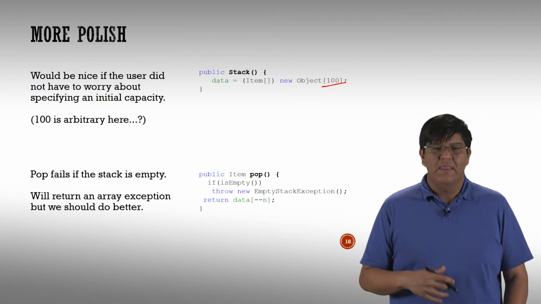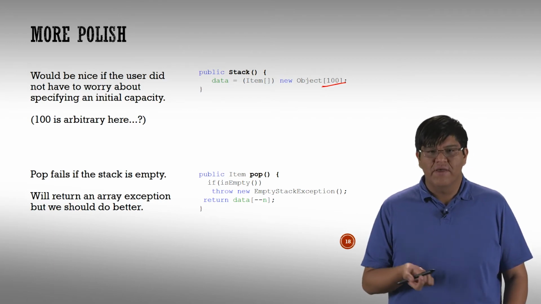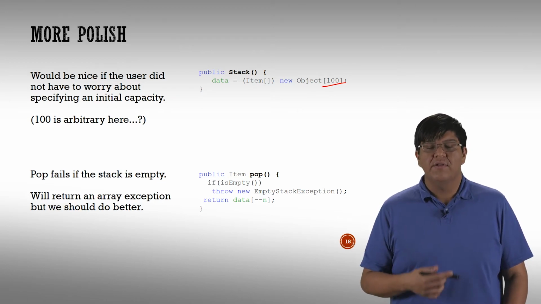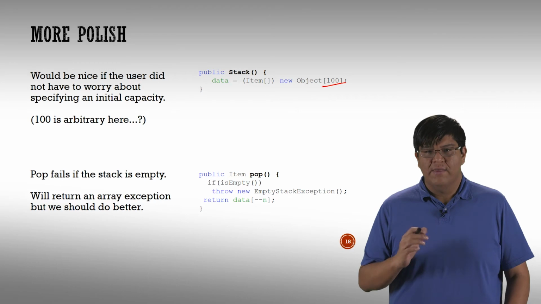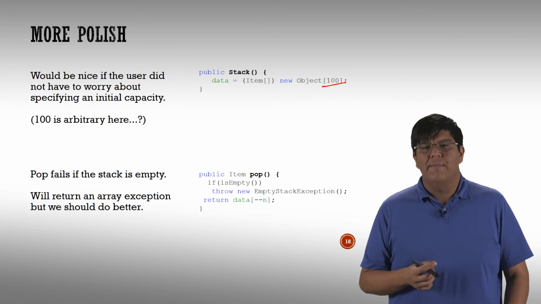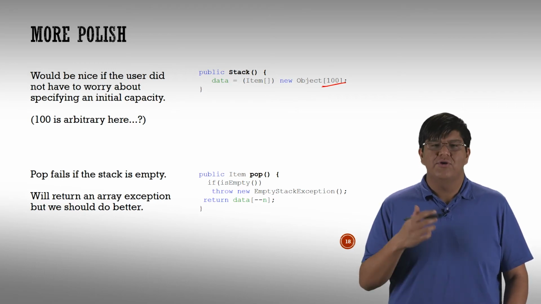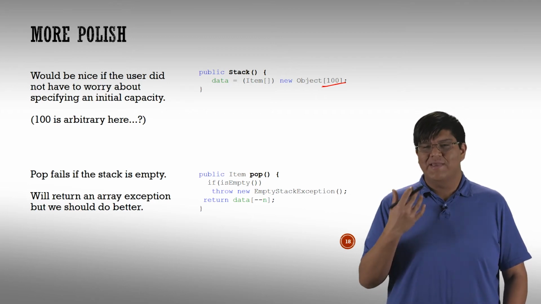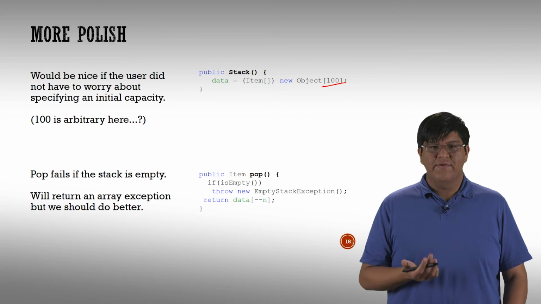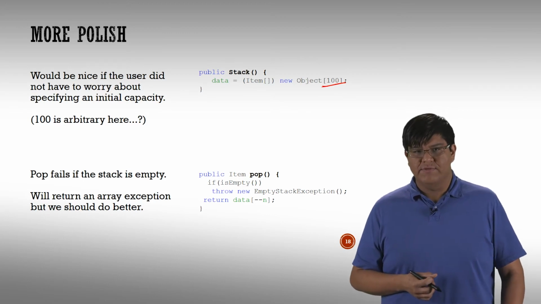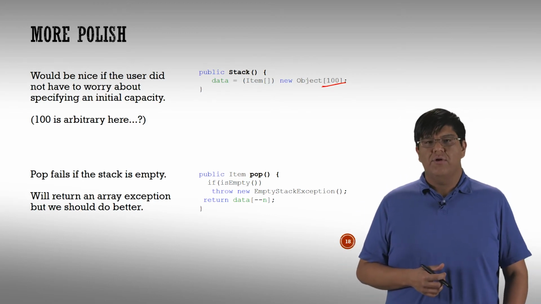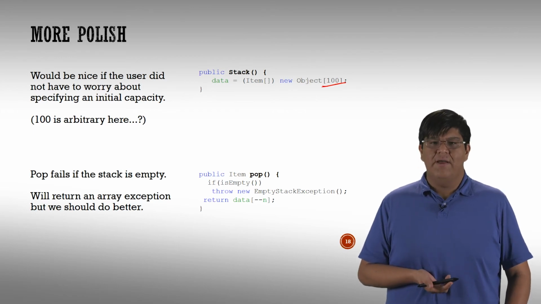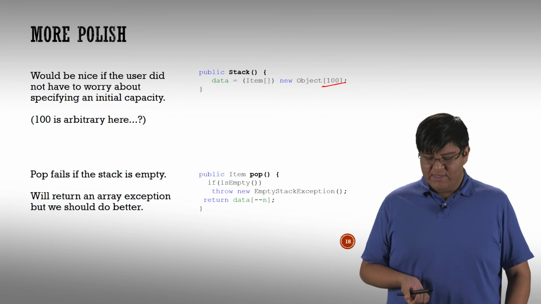It'll throw an exception. Now for push, it was something we fixed. We made it so that we could resize, and so it'll never throw an exception. That's great. Here we can't quite do that, because it doesn't really make any sense to pop from an array that is empty. So we're still going to have to throw an exception, but we can throw a nicer exception. By default, it'll just throw an array out of bounds exception, which is a problem because it doesn't mean anything. That array out of bounds exception could mean anything. So it's more convenient to have a specific one.